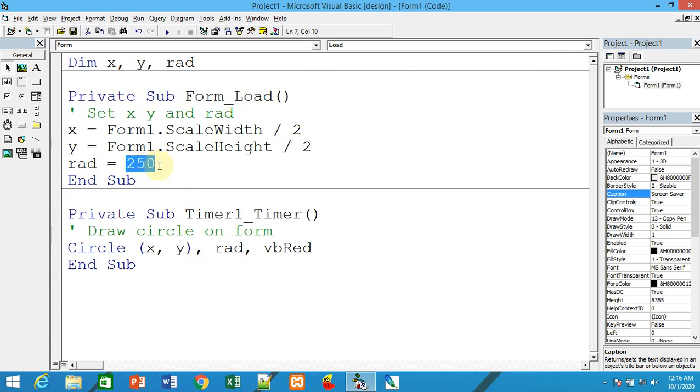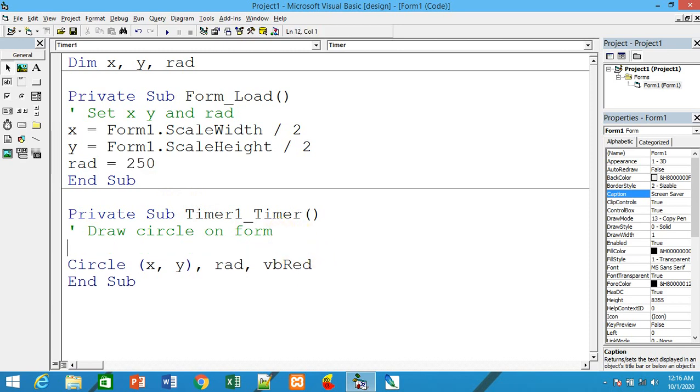But our aim, our intention, is to draw different circles with different radius and different colors, isn't it? So what you need to do is increase the radius. How? If the radius is less than or equal to x, where x is half the width, then you do this. Initially the radius is 25, of course.